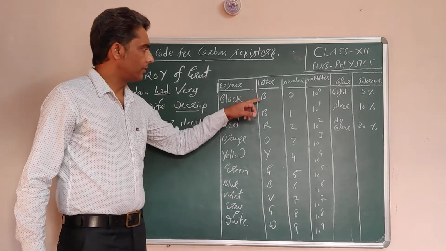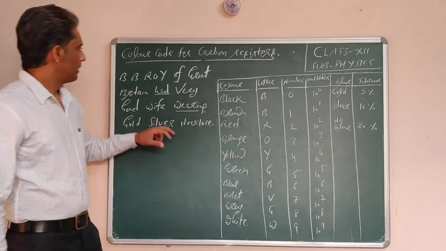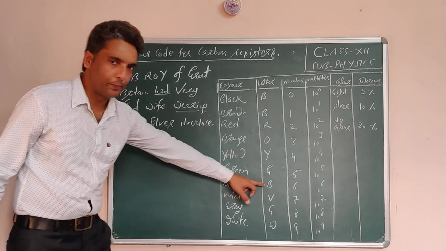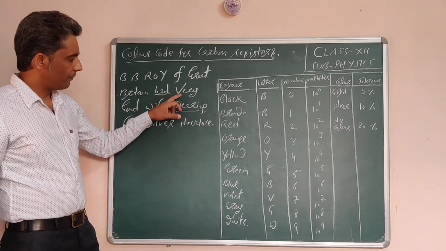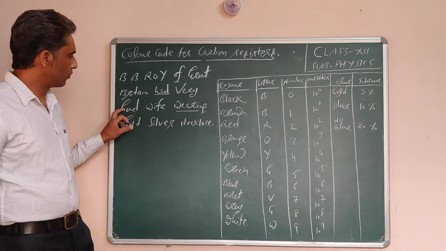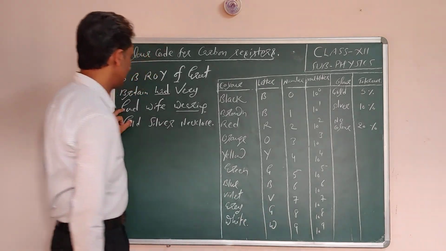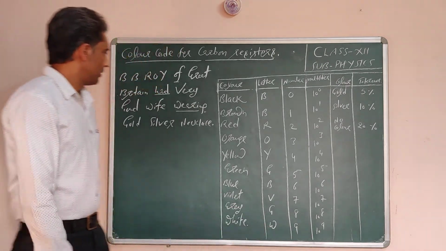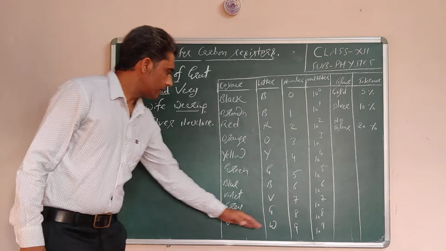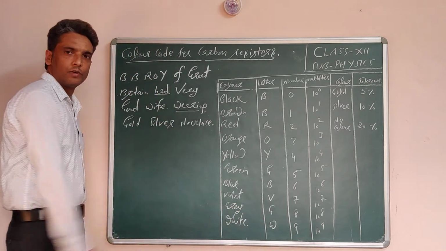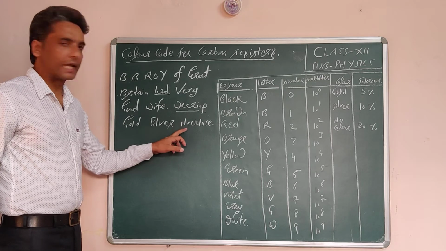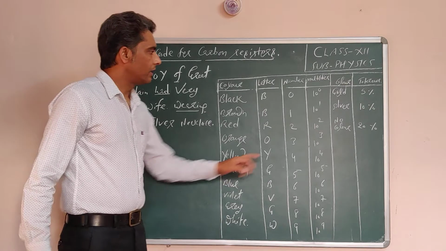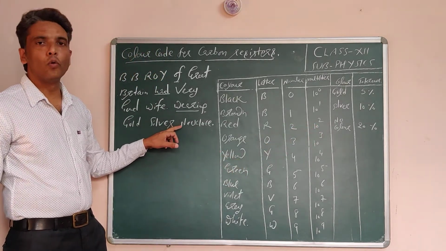BBROY, so for this, for Great we use only G, for Britain we use only B, for of we use only V, for good we use only G, and for wife we use only W. So these letters are covered up to this word. And gold, silver, necklace, so we use first letters for gold, silver, and necklace, for no color.